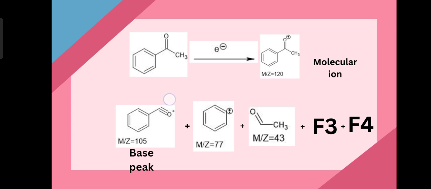So the first structure here represents the acetophenone structure. When it is subjected to the electron beam source, the electron is going to bombard onto this structure and knock out one of the electrons of the oxygen. Once one of the electrons gets knocked out, the oxygen will now bear a positive charge and an odd number of electrons, that is nothing but the radical, and hence it is referred to as radical cation. And this radical cation is nothing but the molecular ion, which is having the molecular weight of 120.